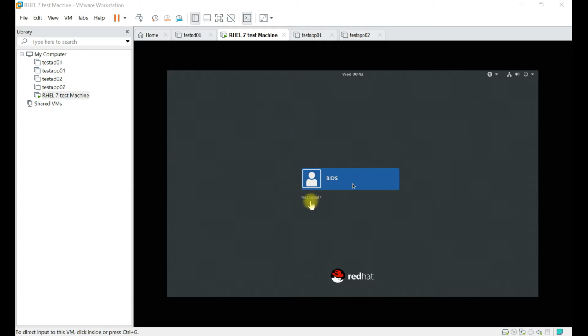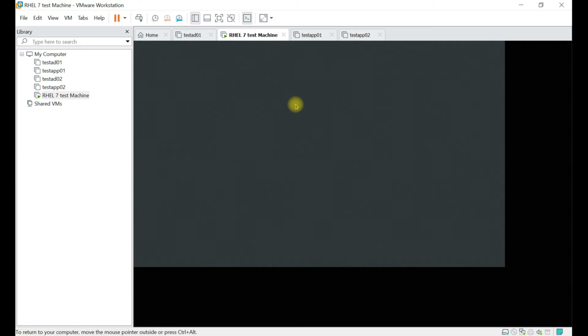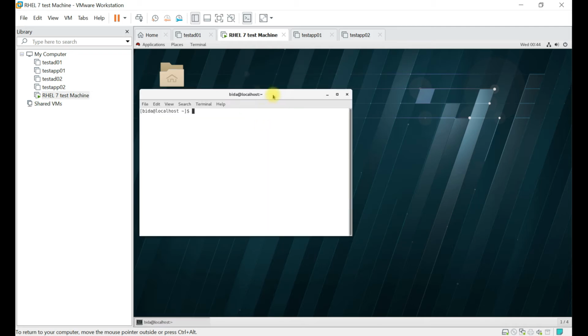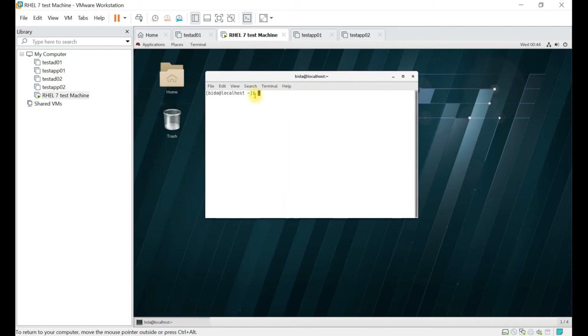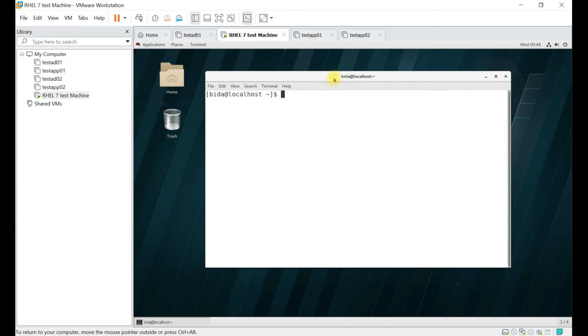If you have another user which you cannot see here, then you need to click on Not listed, but my user is reflected there, so I don't need to do anything. Just enter the password. I think you already know about it. You can see the last login. Now you are inside the system. Open the terminal. I have already shown you how to open the terminal: just right click on the desktop and select open terminal. I will increase the size of this because it's easier for you to see the commands I'm going to run.